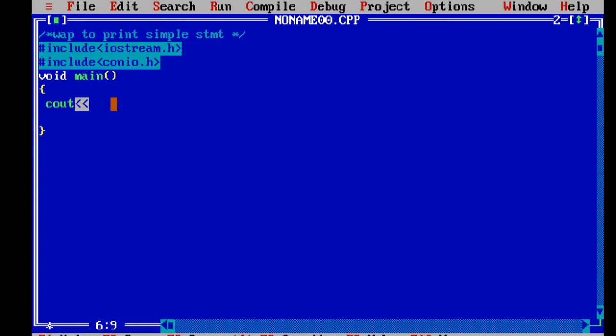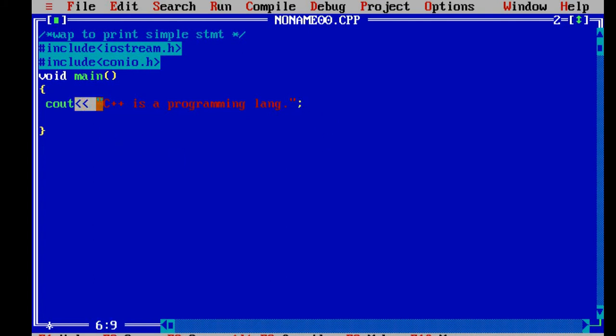So it will send the content of the variable on the right to the object on the left-hand side. Whichever thing you want to print should be on your right-hand side within the double quote marks, and every statement will end with a semicolon sign. So let's type something: "C++ is a programming language." This is my statement. I have to mention it within the double quotes, and every statement will end with a semicolon sign.